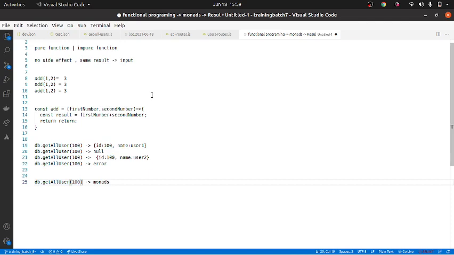Let me write this function: const getUser, which takes an ID. It takes an ID and let me put a try catch block over here in case there is an exception.